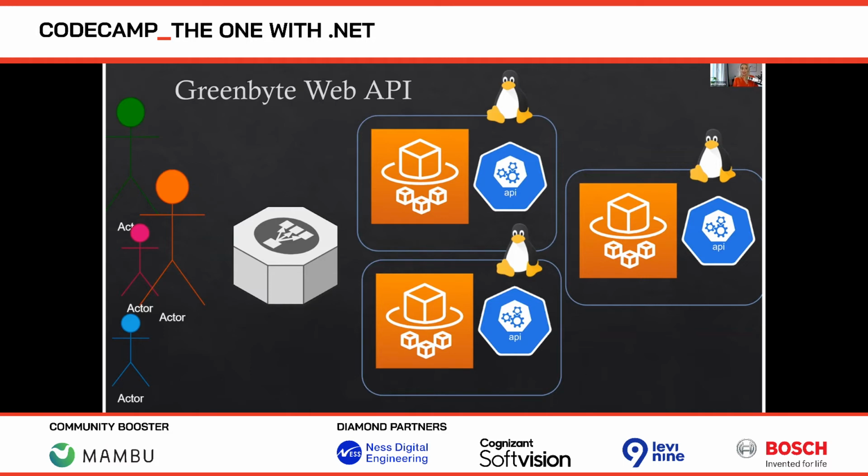But it was a big difference. So what exactly is the plan then with the web API? It's not in production yet. Why am I even talking about it then? The reason why I wanted to bring forward this example is because the Greenbyte multi-tenant web API example is really